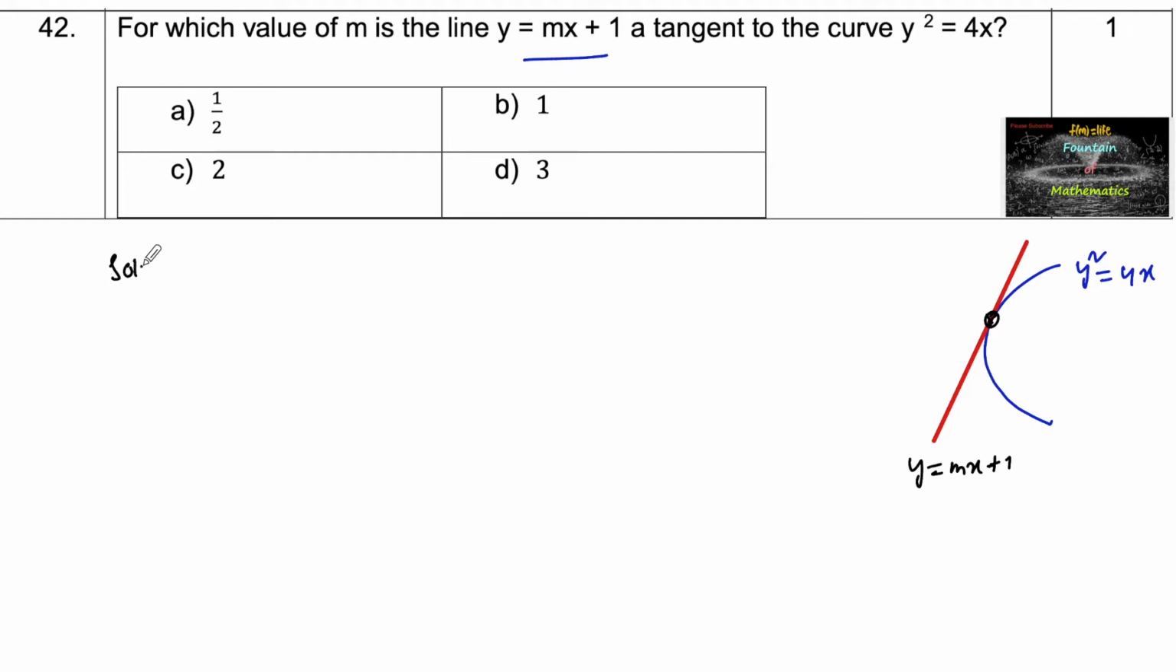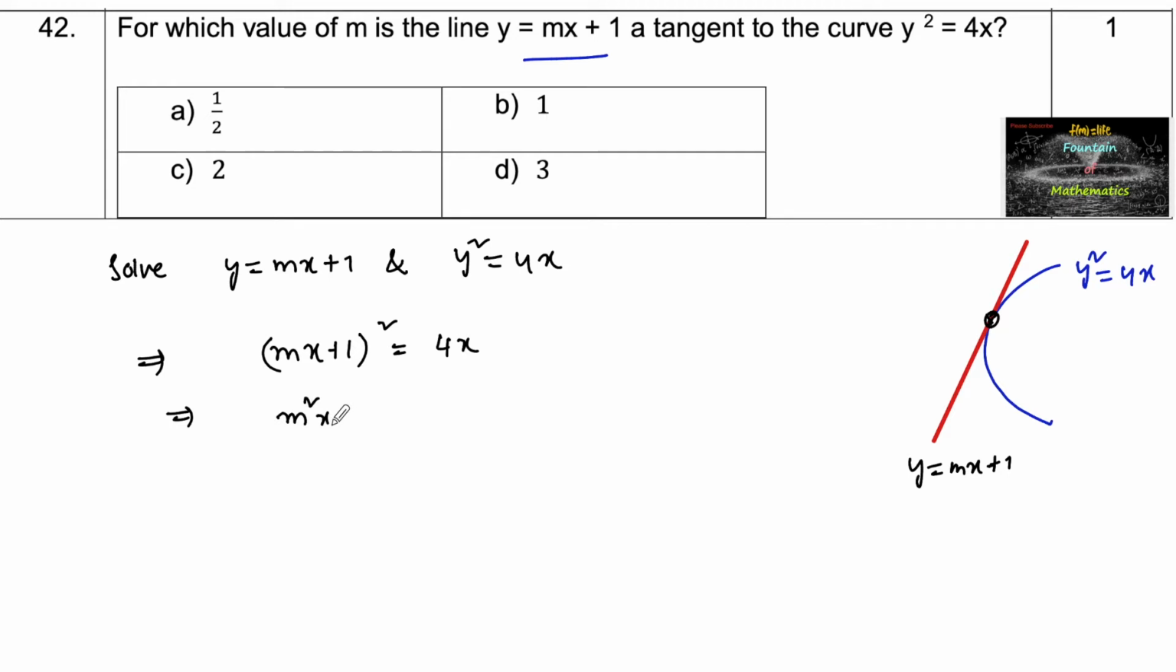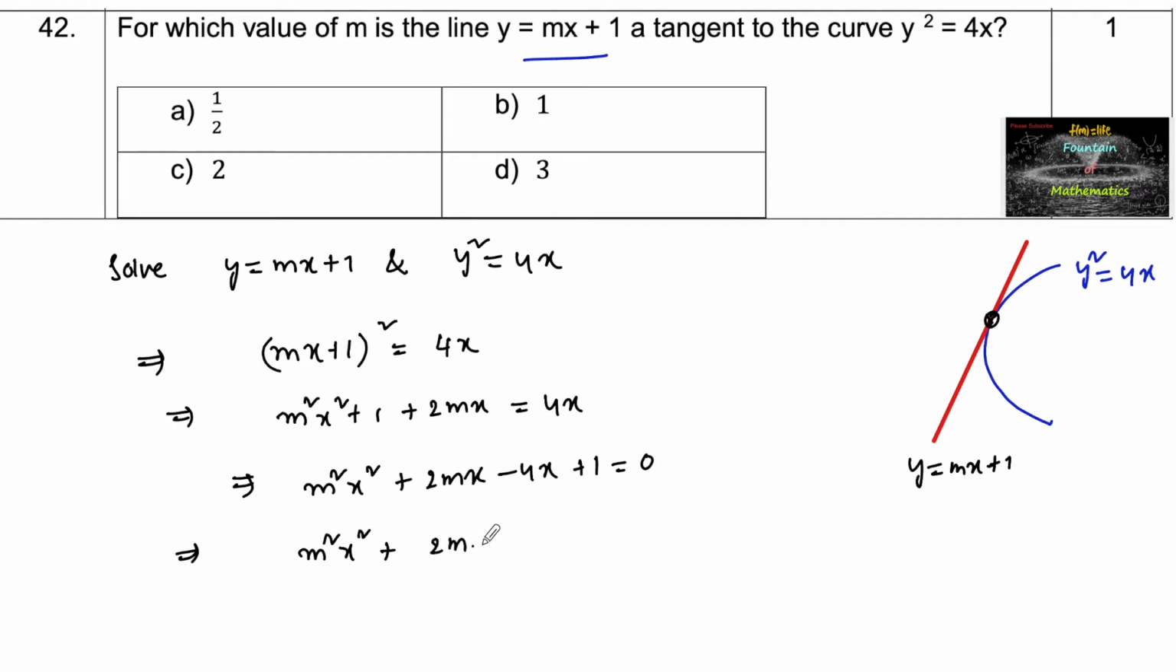So let us solve the equations. y is equal to mx plus 1 and y square is equal to 4x. Substitute y is equal to mx plus 1 in the curve equation y square is equal to 4x. We will have (mx plus 1) whole square is equal to 4 times x, m square x square plus 1 plus 2mx, which is equal to 4x, or we can write m square x square plus 2mx minus 4x plus 1 equals 0. That is m square x square plus (2m minus 4) x plus 1 equals 0,